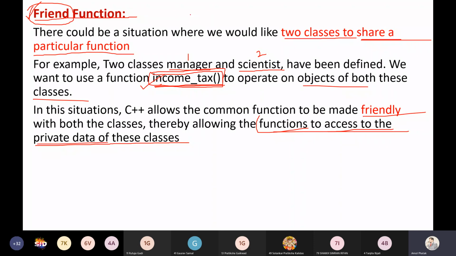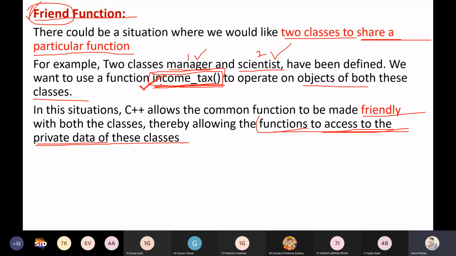We have seen in classes, suppose I declare the data as private and the function as public. Using the public function, I can access the private data of the class. Now using the same income tax function, it is possible for me to access the private data of manager as well as the private data of scientist, using the same function. That's why I have written, thereby allowing the function to access the private data of these classes.